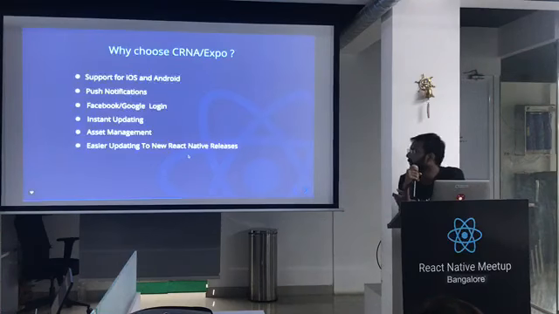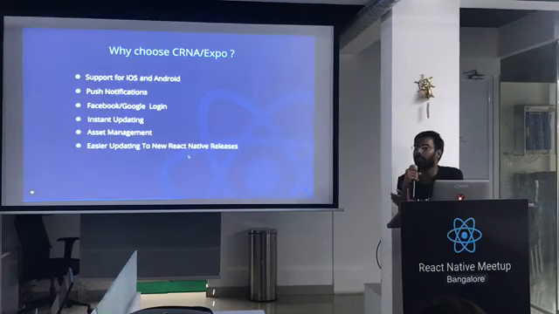Easier native building: they can easily upgrade to any of the releases. Expo keeps on updating with new features. Like recently they have come up with a pedometer. I guess many of you have heard of that. And they have got most of the sensors and SQLite. So they are upgrading, and maybe in the coming release they will come up with more new features.